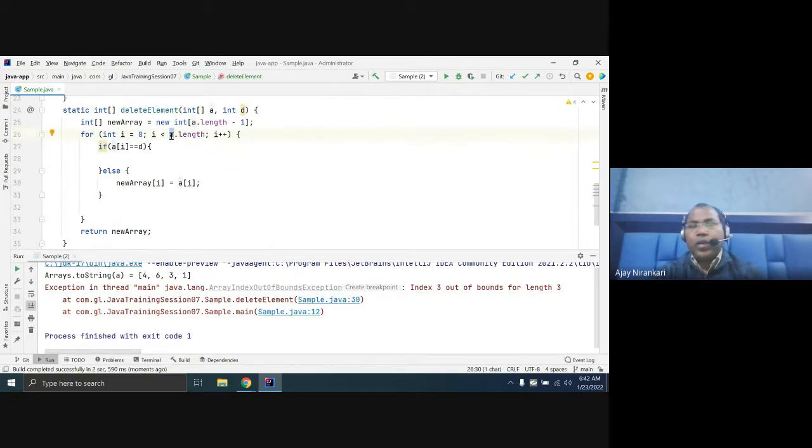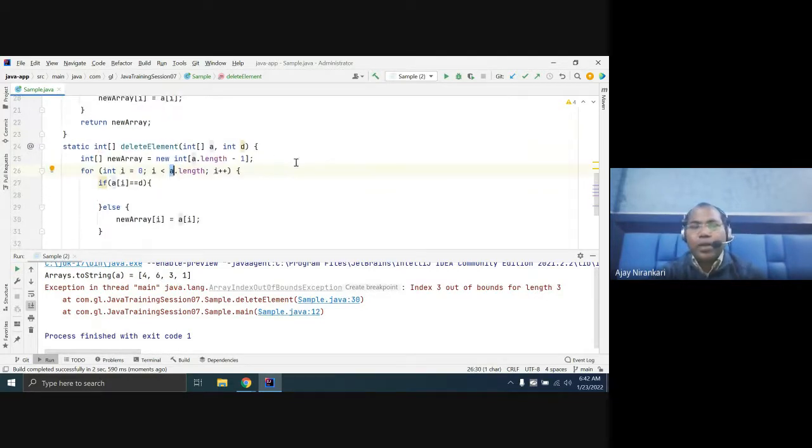So here is the problem. What problem? In our example, we have data with index 0, 1, 2, and 3. You have created a new array with only 3 elements, 0, 1, and 2.